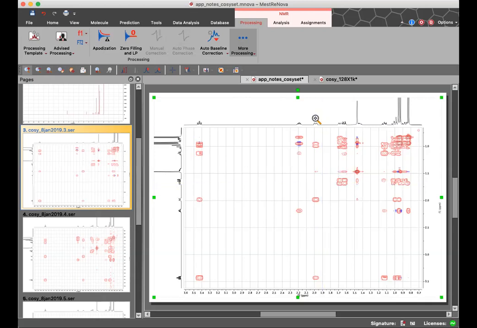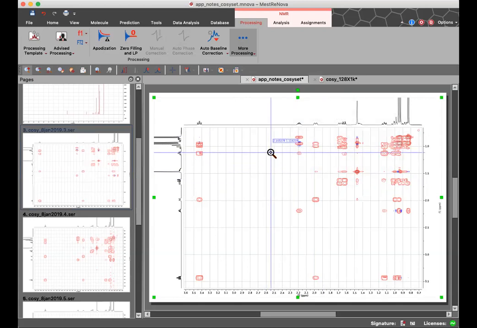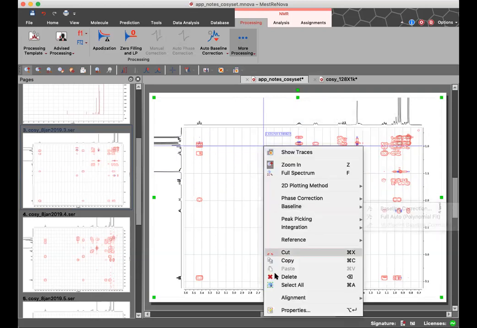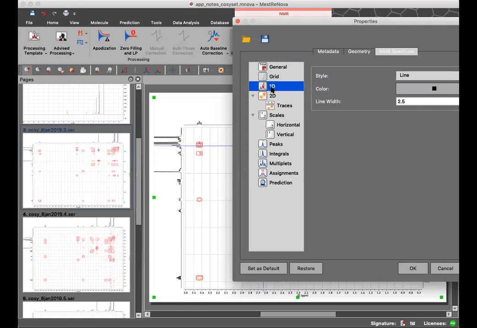A few other display options: if for some reason you end up losing your 1Ds, you can right-click here, or on the Mac, Control-click, and click Show Horizontal Trace to turn them off or on. So if you get a 2D display that's not showing the 1Ds, you can turn them on there. You also have some options under the right-click, or Control-click on a Mac, and Properties. Then you have a number of things you can do. You can change some 1D